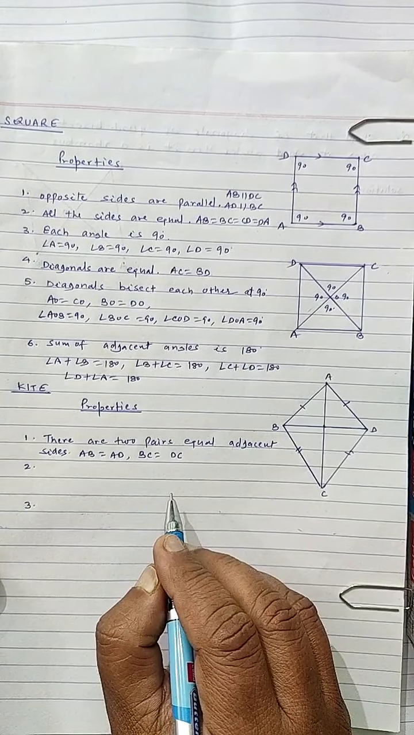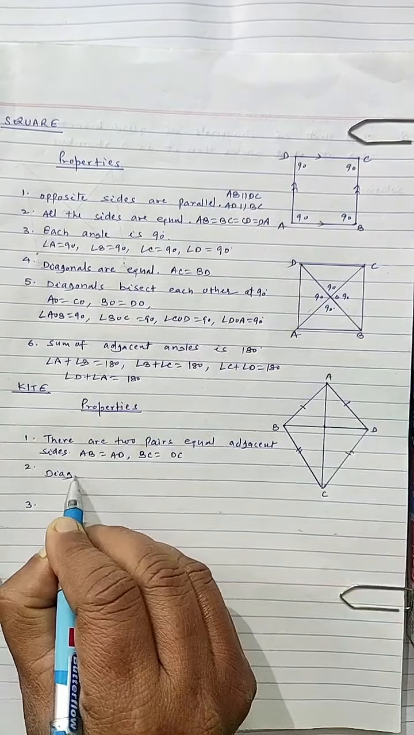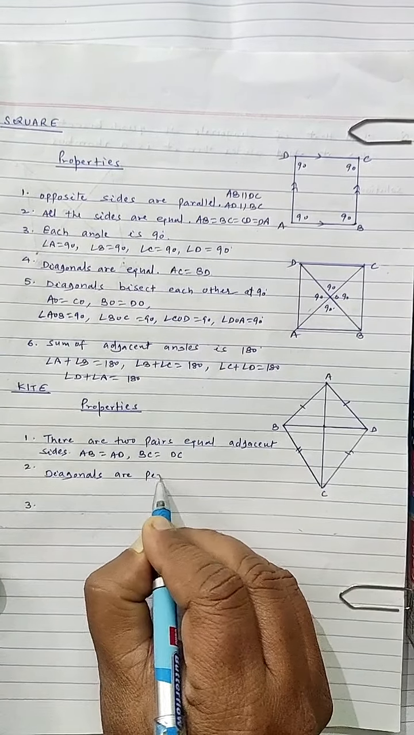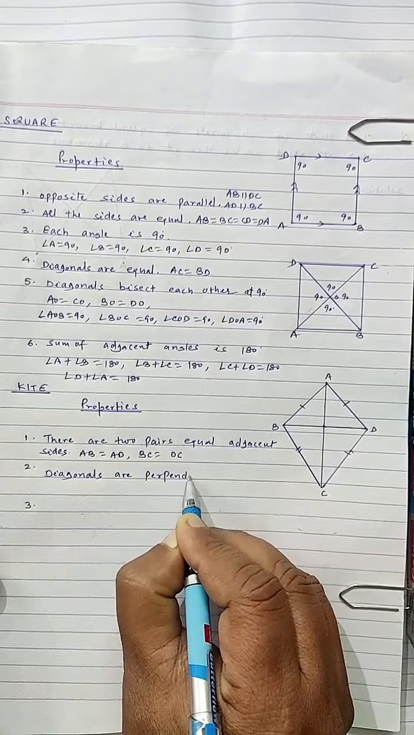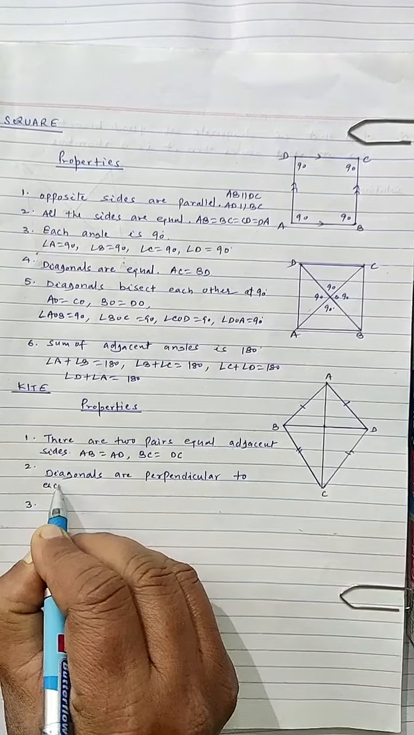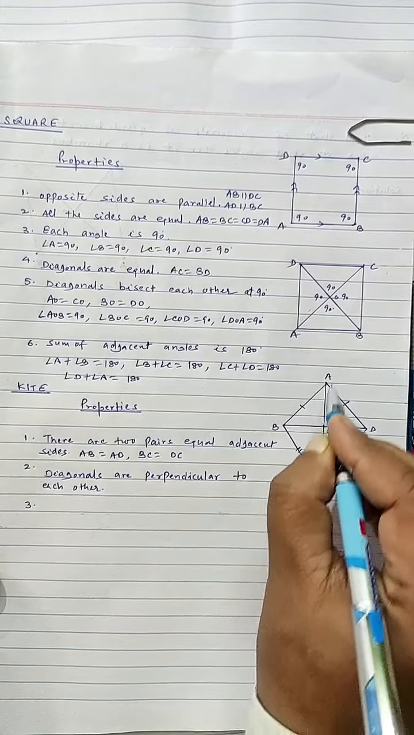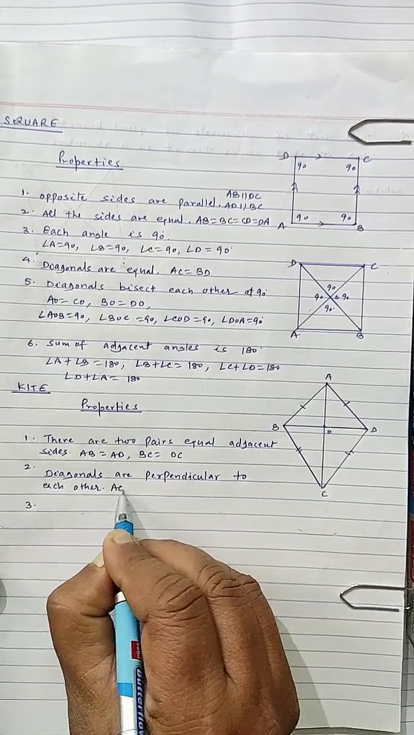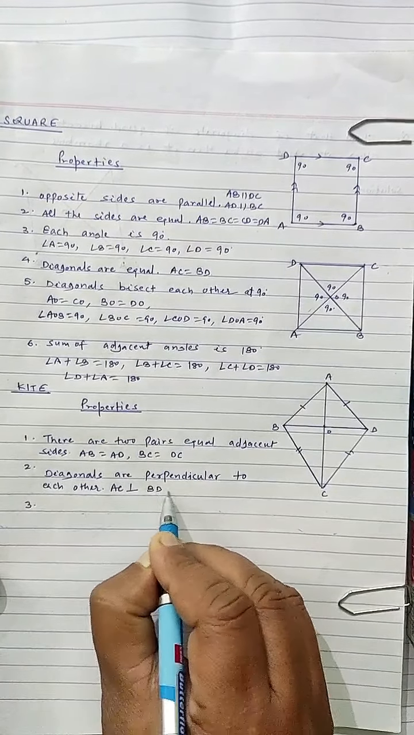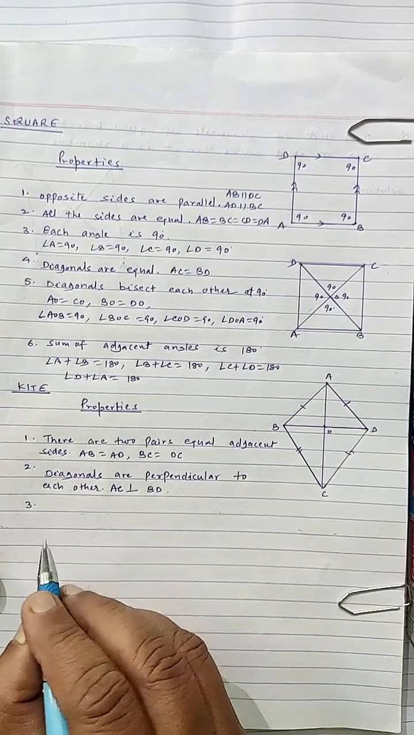One more property, diagonals are perpendicular to each other, and we show as AC perpendicular BD. One more property of the kite is the longer diagonal